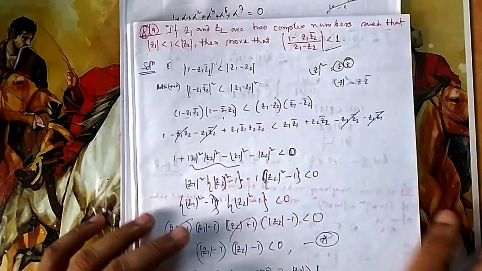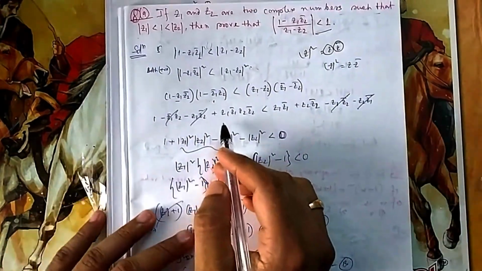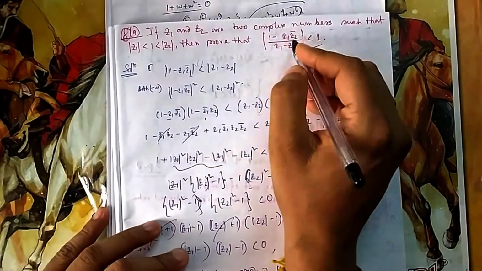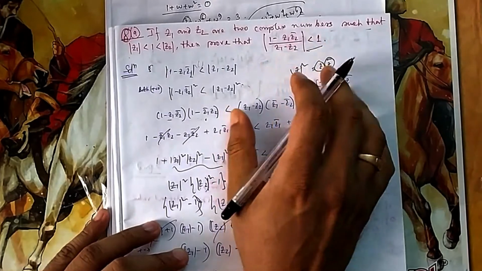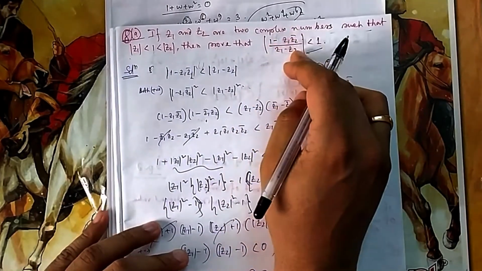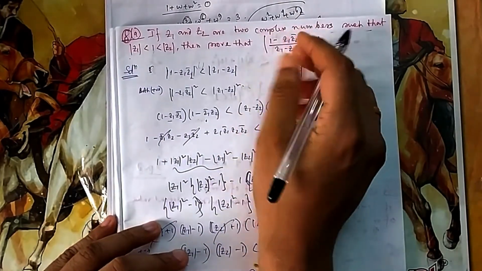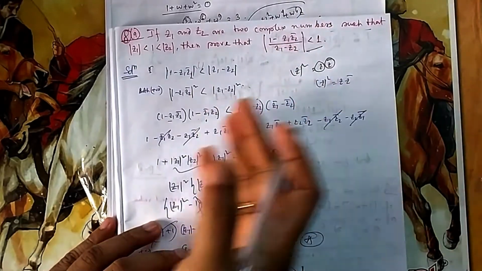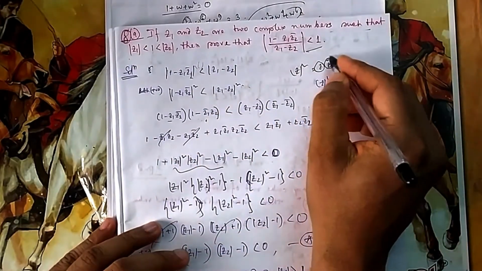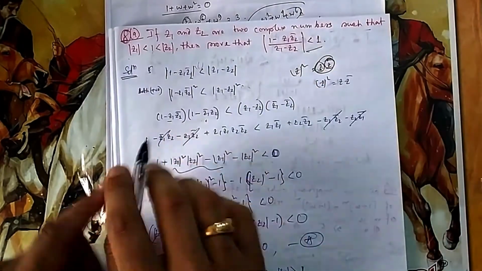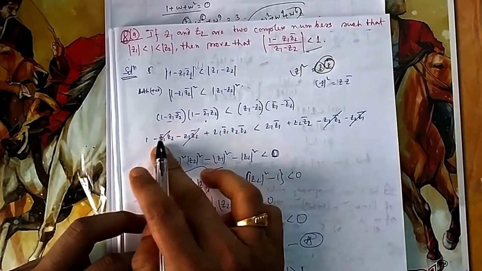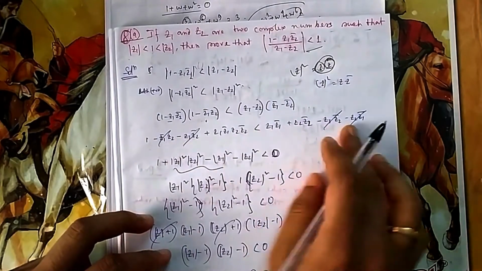Now if you take the product, you will get all this stuff, z1 bar, z2 bar. Otherwise you cannot open this bar. This mod cannot be opened, this mod minus this mod. That you know, this can be separated into real and imaginary, but you cannot separate this mod. So for that I am taking the help of this formula with z bar, so that somewhere I can get all these bars together. If you take the product of this one, you will see something gets cancelled out.